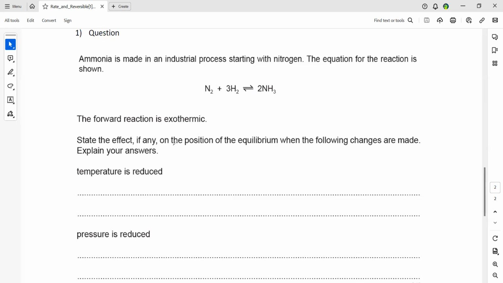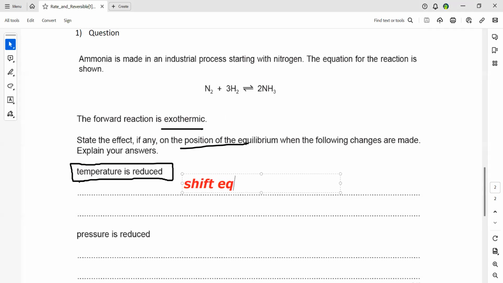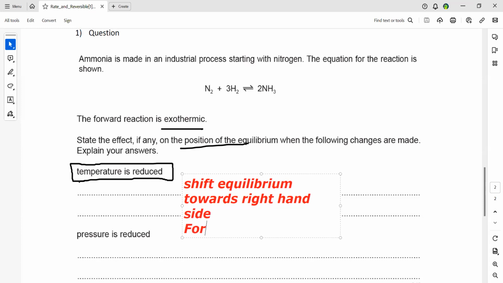State the effect, if any, on the position of equilibrium when the following changes are made. The reaction is exothermic and we are decreasing the temperature. We reduce the temperature. So what is the effect of reducing the temperature for an exothermic reaction? Reducing the temperature will shift the equilibrium towards the right-hand side because the forward reaction is